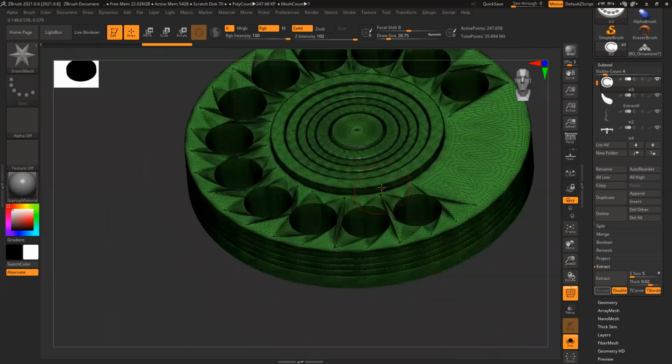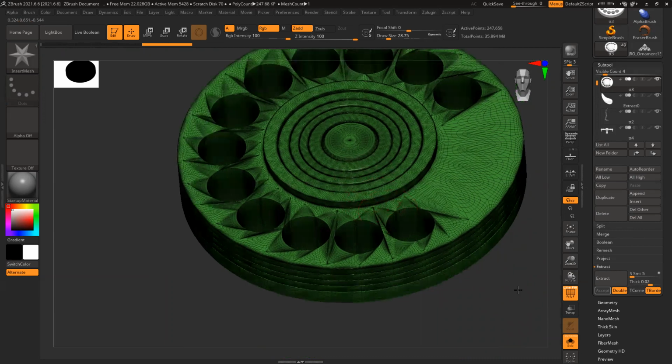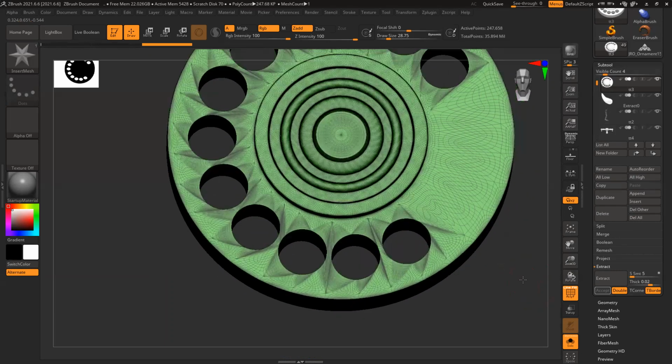So I want to have a polygroup edge here. If there are separate polygroups, I can create the star very easily with a stroke. So for that, let's see what I can do here.